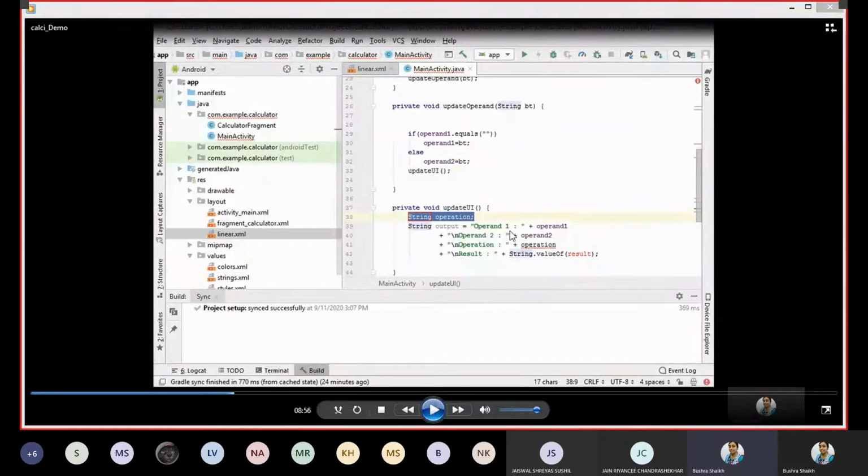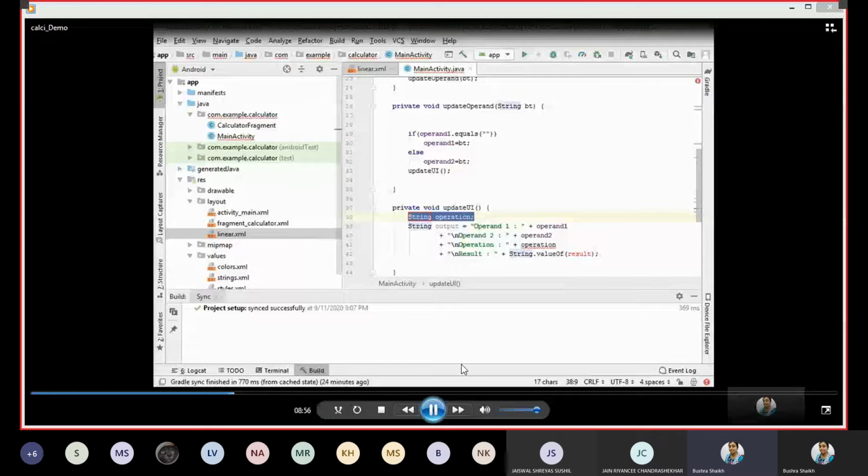So now I can simply write operand 1 concatenated with operand 1, operand 2 with operand 2. Now operation has to be set, okay? So that will also come. Then result has to be set. So I imagine that I would be using one variable with the name result, whose value I would be fetching and appending with the label result.